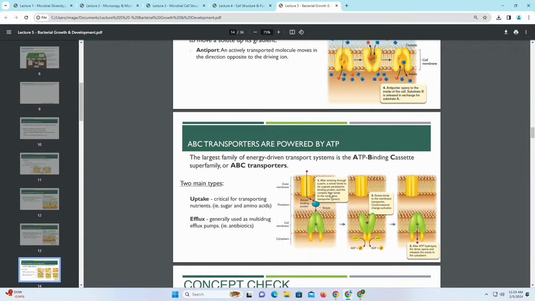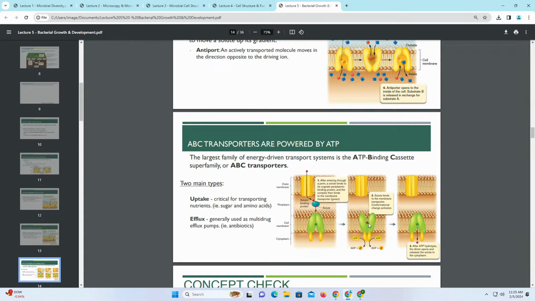It comes in, and then there is this solute binding protein. This molecule is the solute, and there's a binding protein that will bring it to this next membrane-embedded protein, the membrane transporter. Once the solute gets here, it activates this to open up and bind the solute. This results in a conformational change, and the solute can get embedded in here. And now it's got to get to the other side.